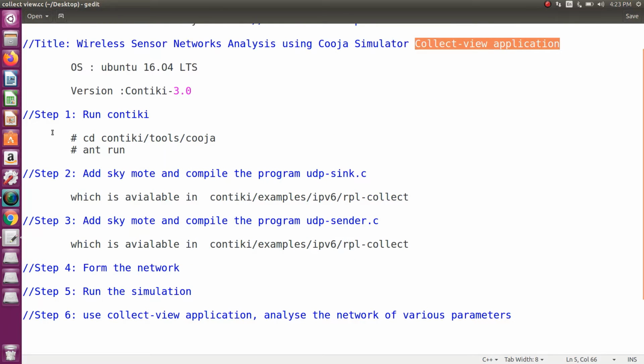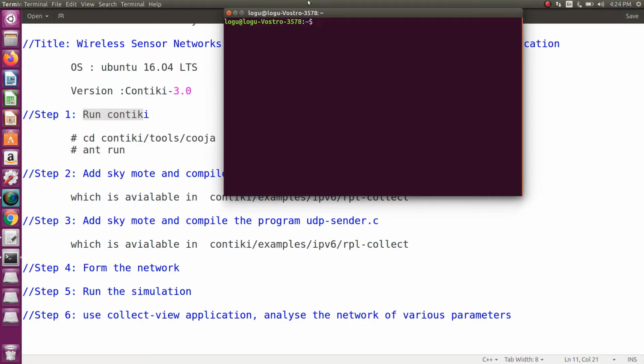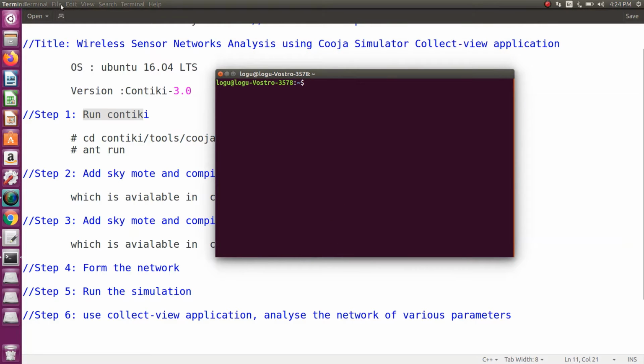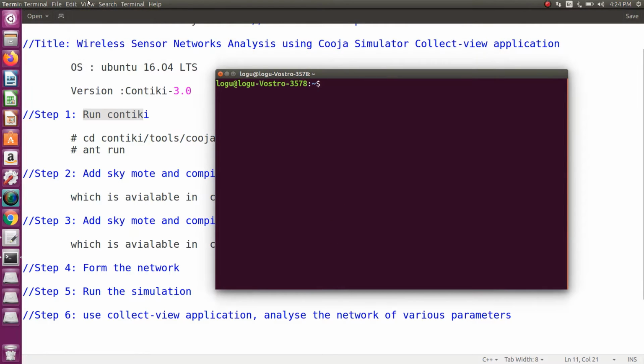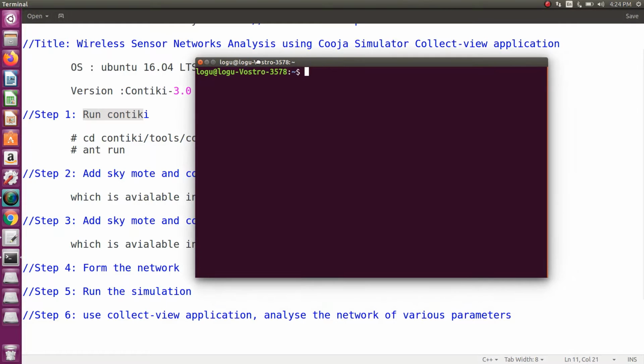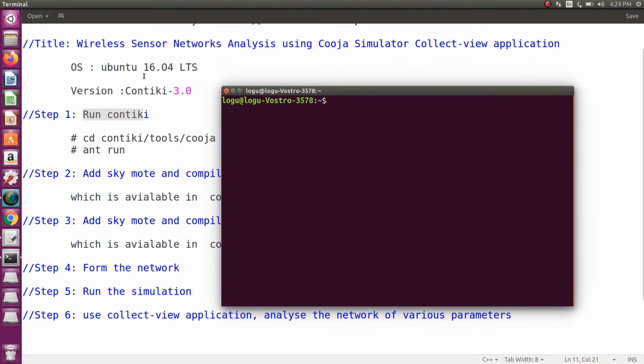So first, this is our first step. We want to run the Contiki operating system. Just open the terminal by pressing Ctrl Alt T, then just zoom. Next go to Contiki files.